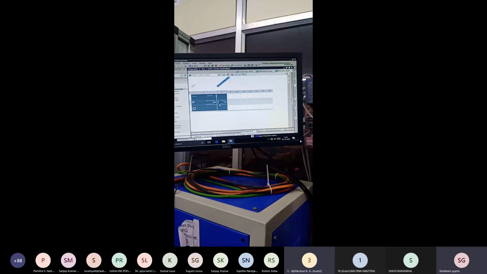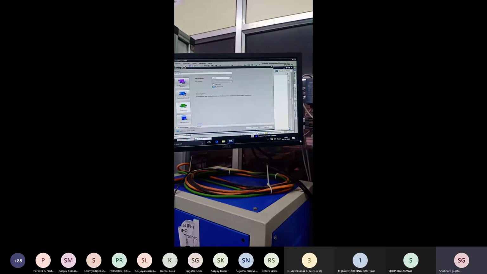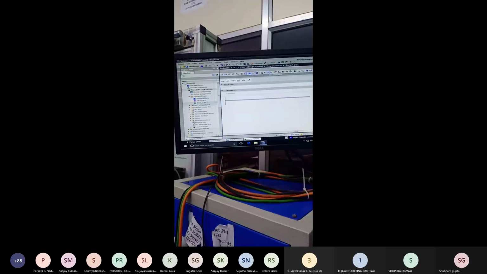Yes. Let's see all are right. Let's program the block. We go to the program block and add a new block, a function block, to program. When we add the function block, we want to add this function block in the main OB.